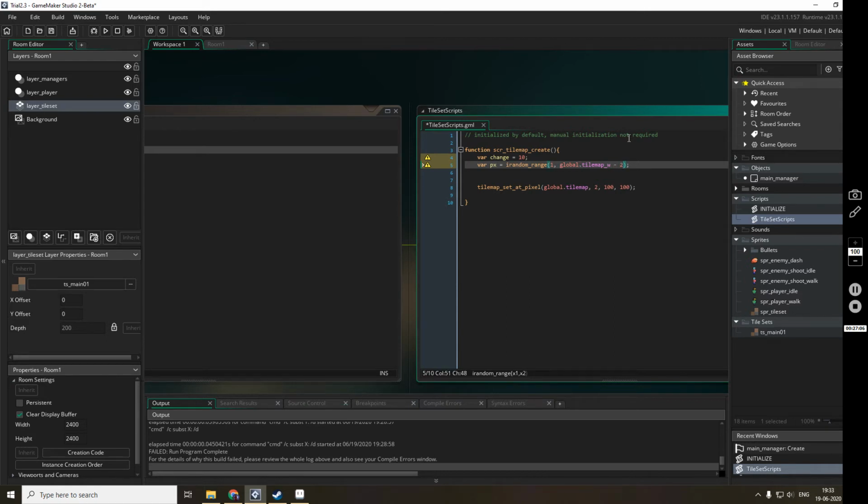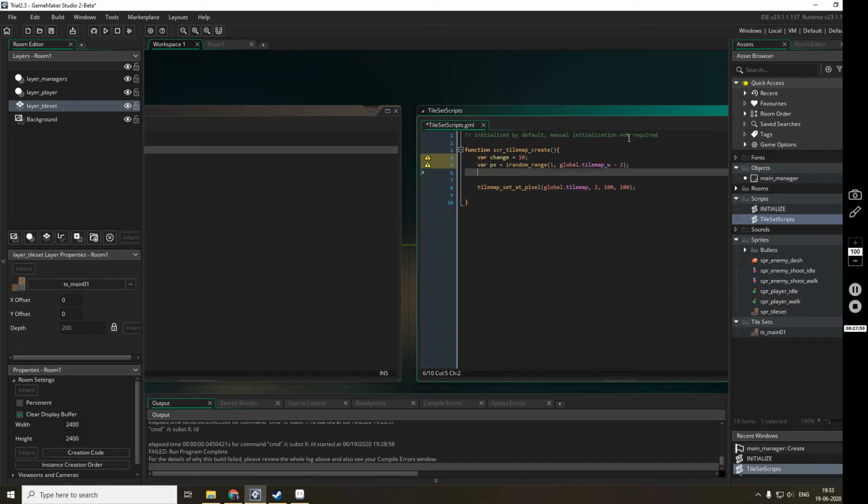Global.tile_map_width - 2 will be the last tile that we may need to change. We will not touch global.tile_map_width - 1 because that should be a wall tile.